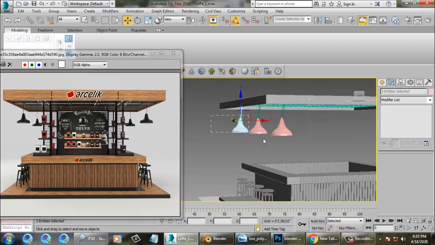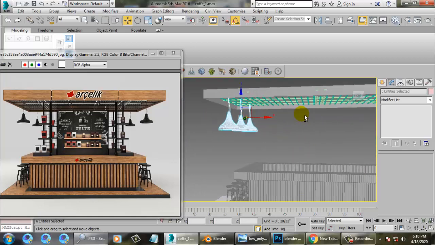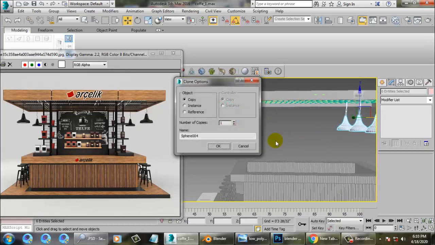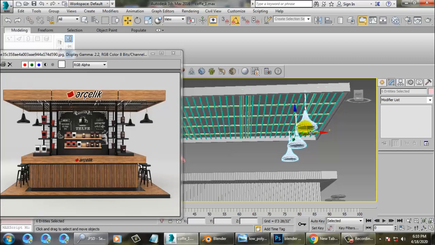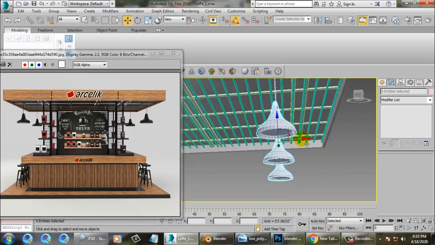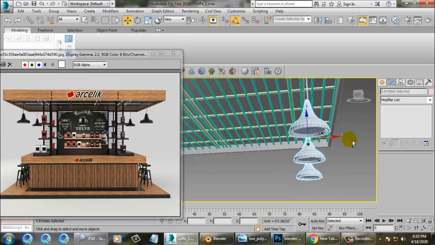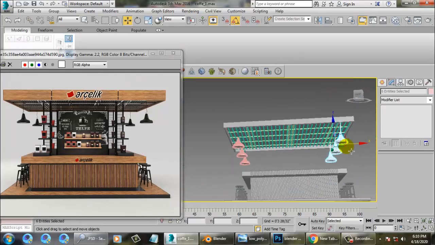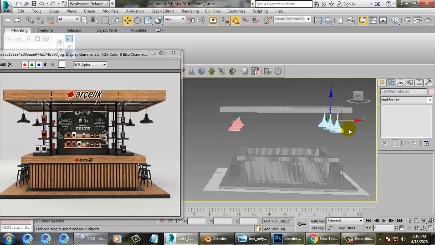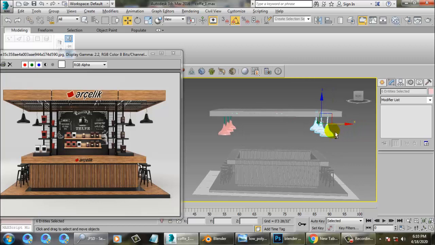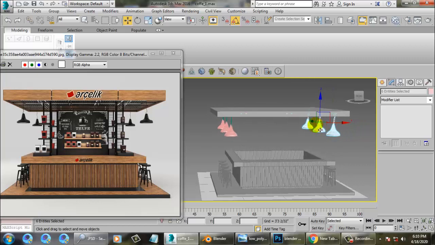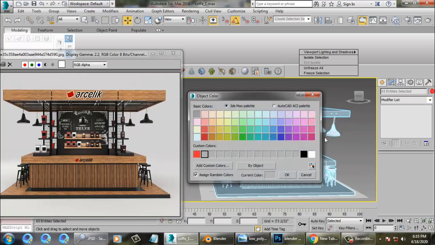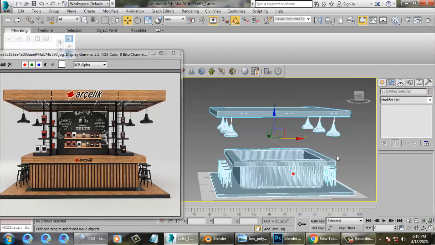Select all these three lights again and duplicate it. Make sure you place it at the right position. I'll convert to poly and give one color to it.